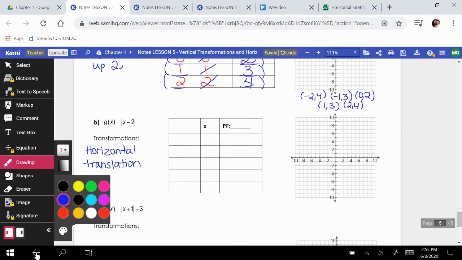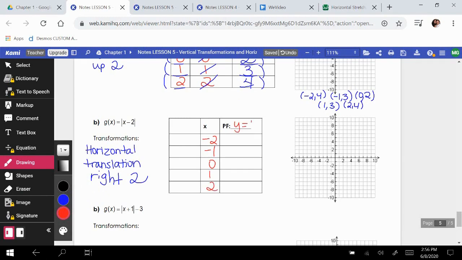So this is going to end up being a translation to the right too. Let's go ahead and start with our parent points. You can see my x column moved a bit. My parent function takes the absolute value of all of those x inputs to get the y outputs. We know that it looks like a V shape,